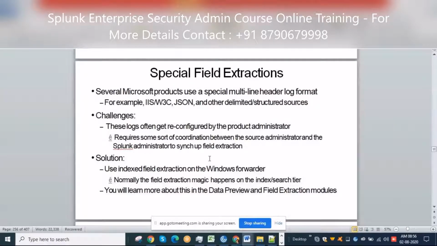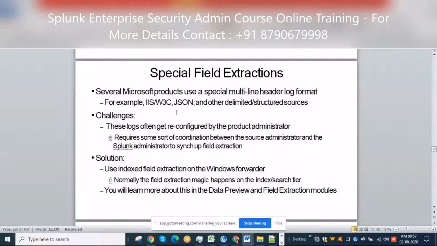Special field extractions. Several use a multi-line header log. These logs often get reconfigured by the product. Usually the logs are in different formats, for example JSON, W3C, IAS logs, CSV, comma separated files, and TSV also.